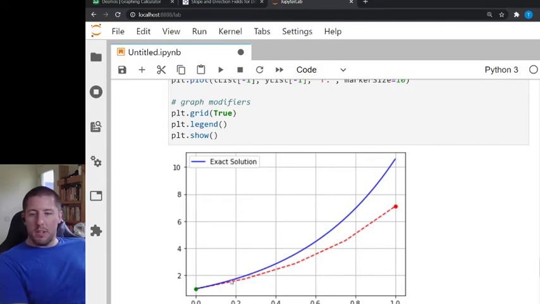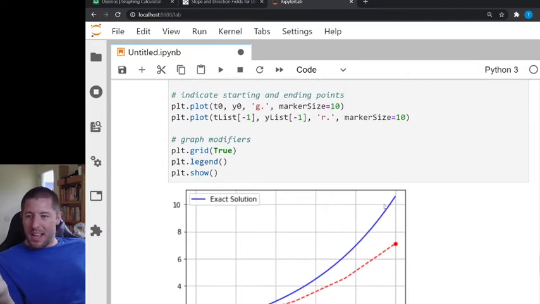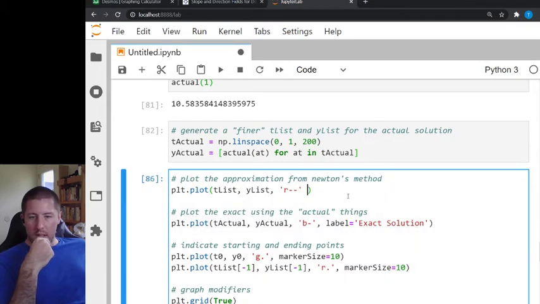The thing I want to do for this is I want to say this is our Newton's method approximation, but I want to say how many steps we did. I want to say this is our Newton's approximation with n equals 4 as our number of subdivisions. And notice that's a variable that I want to include in a phrase. So fortunately, there's a handy-dandy way to handle that with a formatted string in Python. So rather than just doing label equals and opening up a string, here I'm going to put an F right in front of those open quotes. And I'm going to say this is our Newton's,